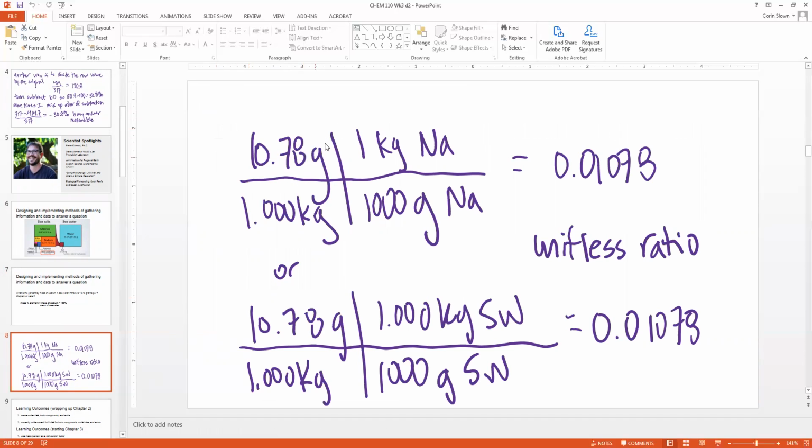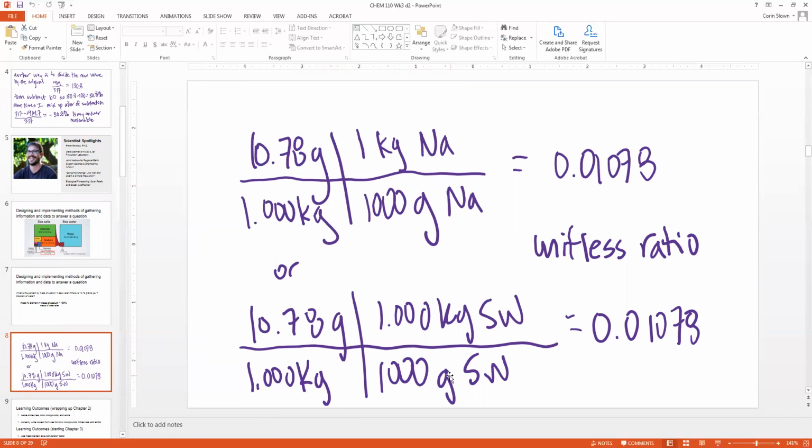So if I have 10.78 grams of sodium and I have 1 kilogram of seawater, I'm going to need to do a conversion. And notice here, you actually have two different choices. You can convert your grams of sodium to kilograms, or you can convert your kilograms of seawater to grams. The idea is that you ultimately want to convert to a unitless ratio. Notice the math is the same. So it's two different ways of solving the problem, but you should get the same answer,